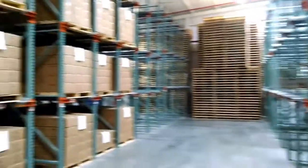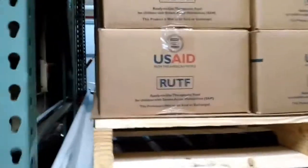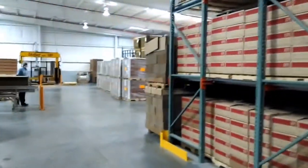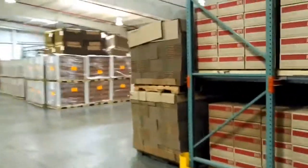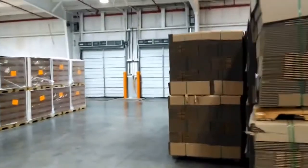Here in the warehouse you can see lots of pallets full of cases of RUTF that are being readied to be sent to malnourished children. You can see it's packaged for USAID and UNICEF, and each case represents a 6-week treatment cycle for one severely malnourished child. Here's where the loading doors are, all the raw materials, which in case you didn't know it, RUTF